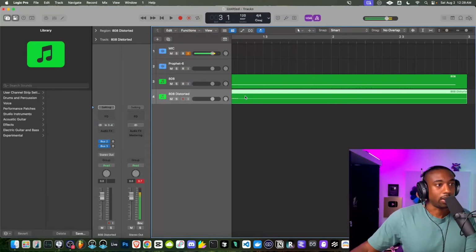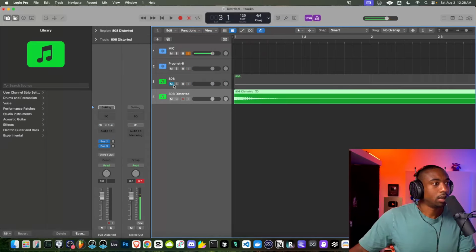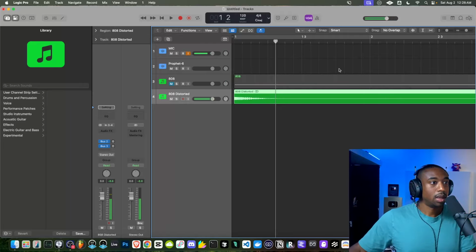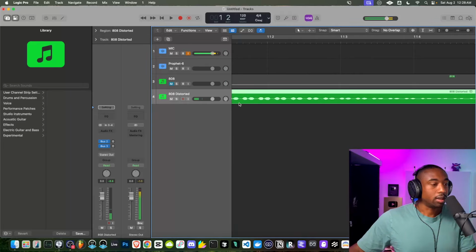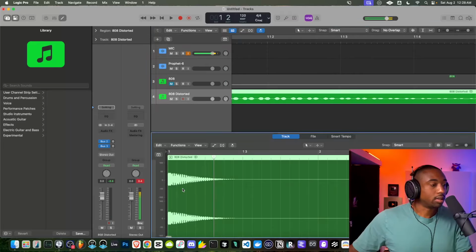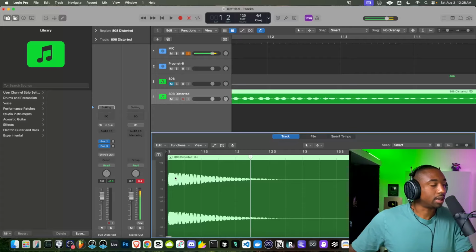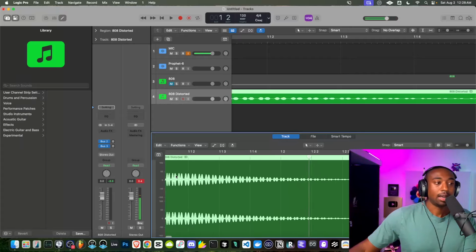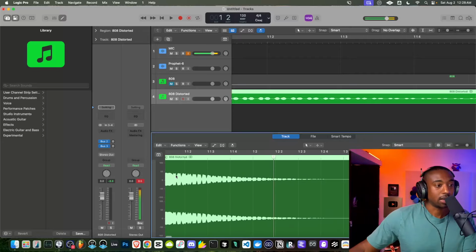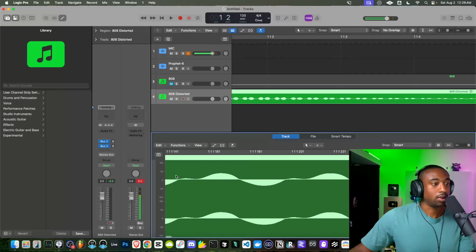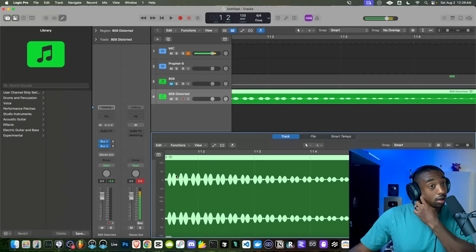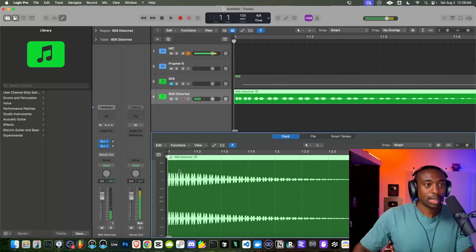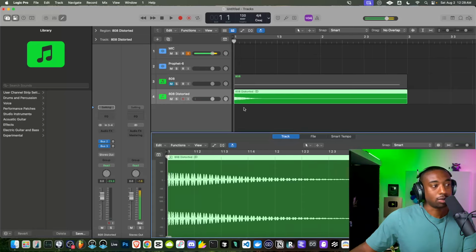So now we have it as an 808, an actual file. Let's mute the original. Let me turn off the metronome. So, if we click in here, this doesn't look like our standard 808s. Okay, it looks kind of like not beefy enough. Okay, so here's where post-processing comes into play. Now we added second and third harmonics. You guys don't need that many harmonics all the time. So you could always go back and take out the second or the third harmonic, but the second harmonic will give it more body in the tone. Like I said, at this point, you're really thinking like a mixer more than a sound designer.